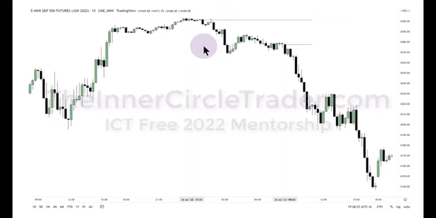And in this instance, I missed a setup. I don't get in what I'm thinking I'm expecting to see. So I'm human. You're human. You're going to look at something in the chart and you're going to have something that is your favorite model, whatever pattern it is that you're looking for. And it may not even be my stuff. You know, say you're just here casually watching. You're probably nodding your head saying, yeah, I've had lots of instances where I was looking for my particular setup and it didn't materialize and it went the other way without me.